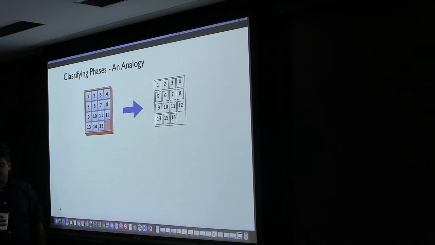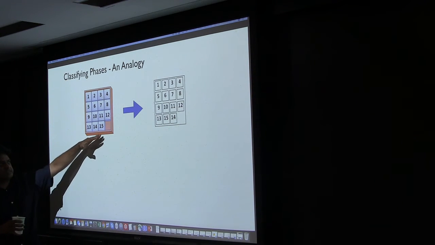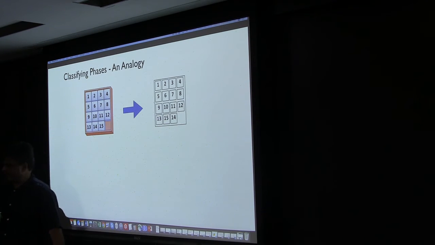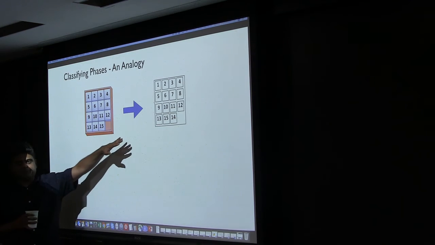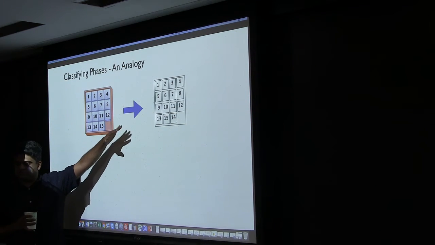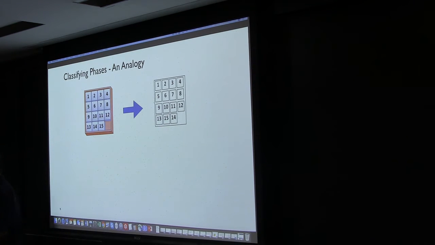Okay, so apparently when this game was invented, there was a big prize given to anyone who could do this. And of course the inventor knew that you could never do this. He was pretty confident, so he gave this big prize. So you can think of this as kind of our problem of classifying phases, right? Are these two sequences connected smoothly, or do you have to go through a phase transition? So if you break this and reassemble the pieces, that's the phase transition. But you can always do that to connect two sequences.